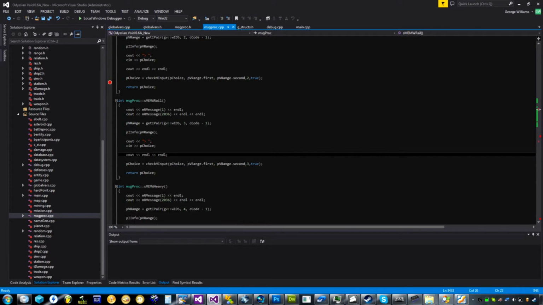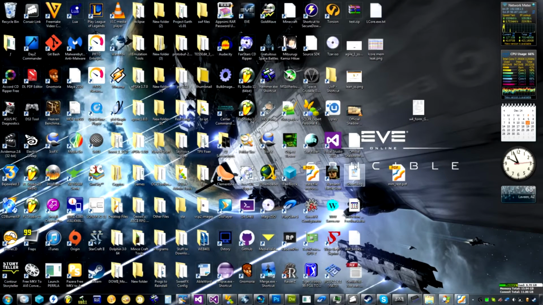Let's go ahead and make a multi-threaded program. What this would be used for is to give me a proof of concept program. It's going to go in the test bed. It's going to be used for the mining process, so that every mining laser on a ship will get its own thread within the program, and they'll be able to work asynchronously of each other, so you'll have a more interactive type of thing. Of course, we'll also have to modify the code for how you initiate the mining cycle, but that's for another time. So what I'm going to do is minimize this, and we're going to open